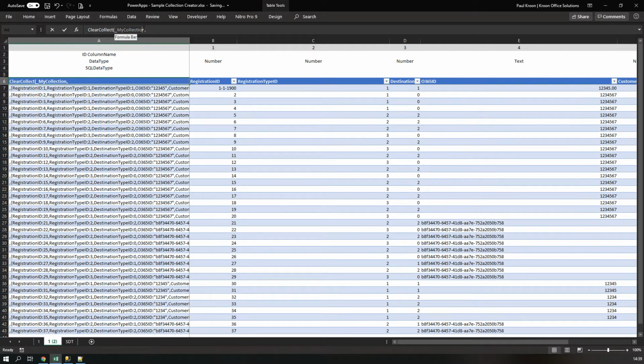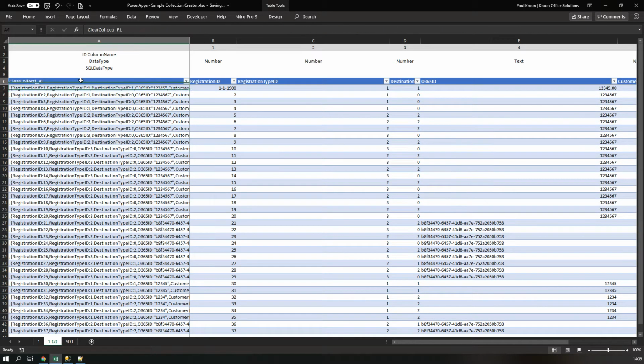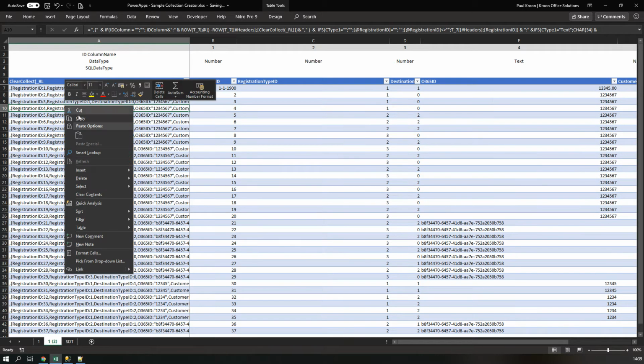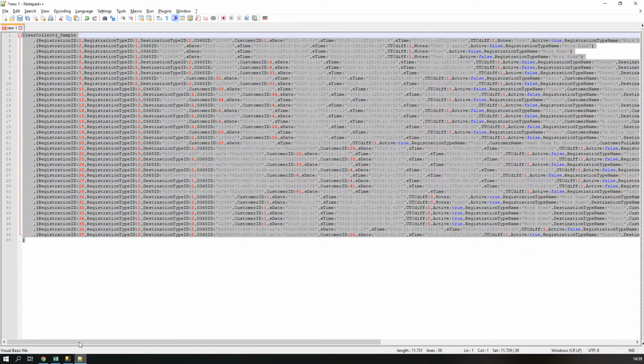You can rename this to, let's say this is the registrations, or just put it RL. So now we have like 50 records, but it could also be hundreds or thousands, what you want to do. Now let's stand on the first column, do right click, select, and the entire table. So the headers is also selected. Copy this, go to